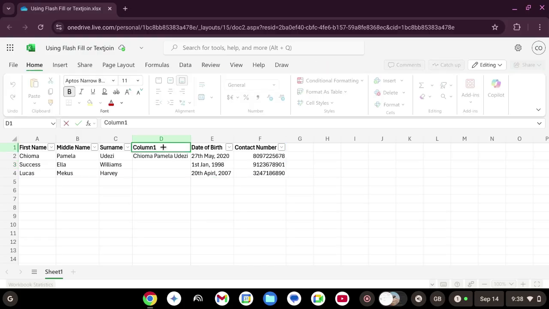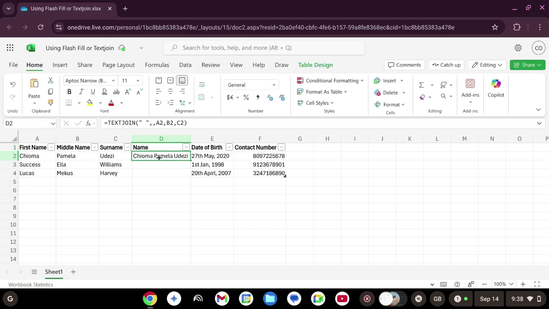Let me give it a name. I just want it to be Name here. So you see the TEXTJOIN formula is inserted inside here, which created the name Chioma Pamela Odaisy, combining A2,